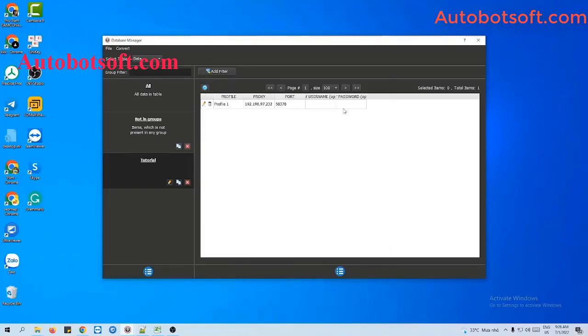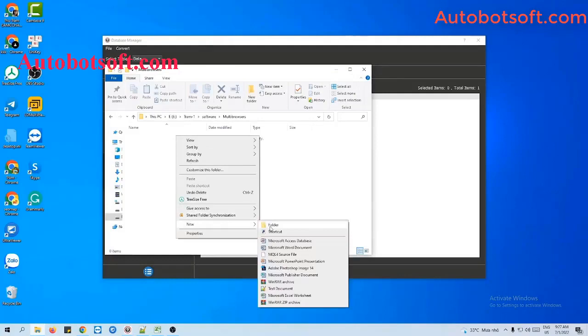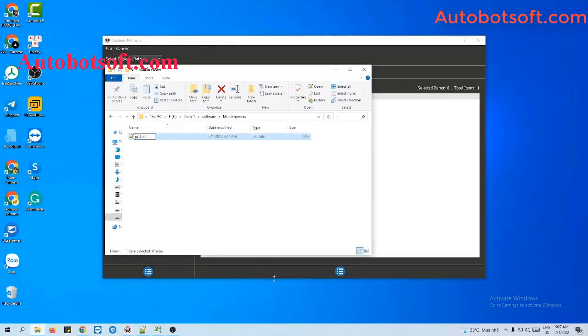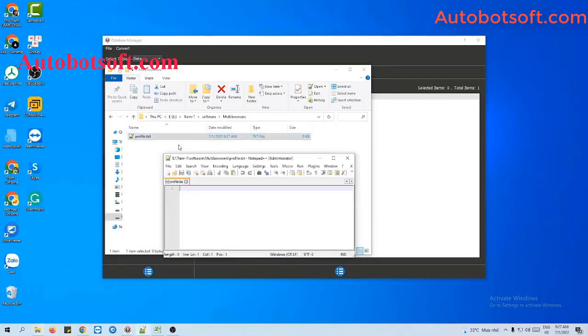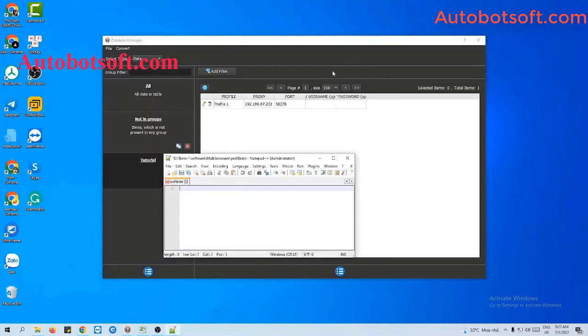The second way for you to import profiles is you will create a text file to save profiles. Then you will import all the corresponding information here. First one is profile 1, comma, proxy, comma port,